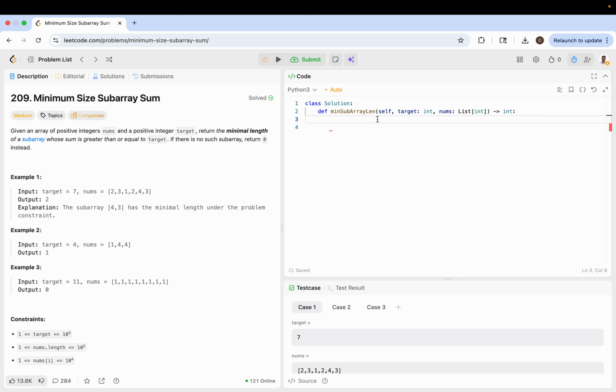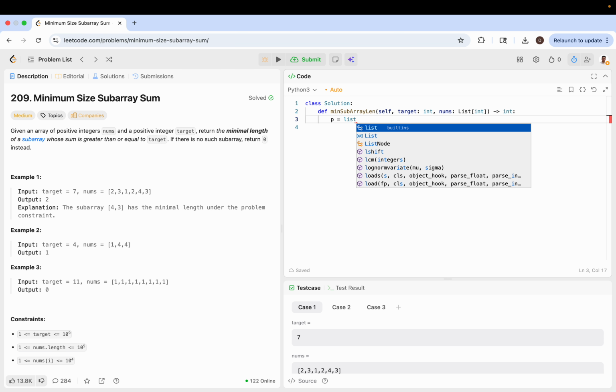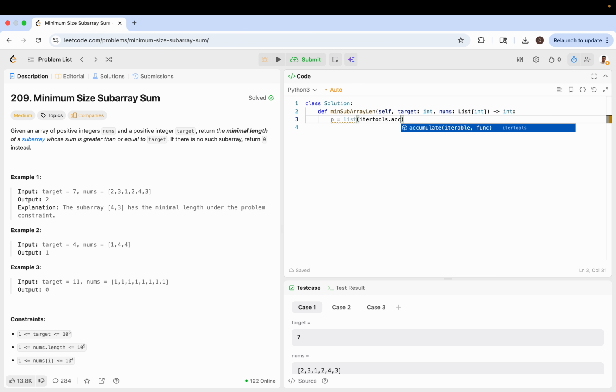So obviously, you can do it in n squared, but my idea was to use prefix sums. So this is just accumulating nums. So now you would get 2, 5, 6, 8, 12, 15. So accumulating. And then now the idea is to pick any number that's bigger than or equal to